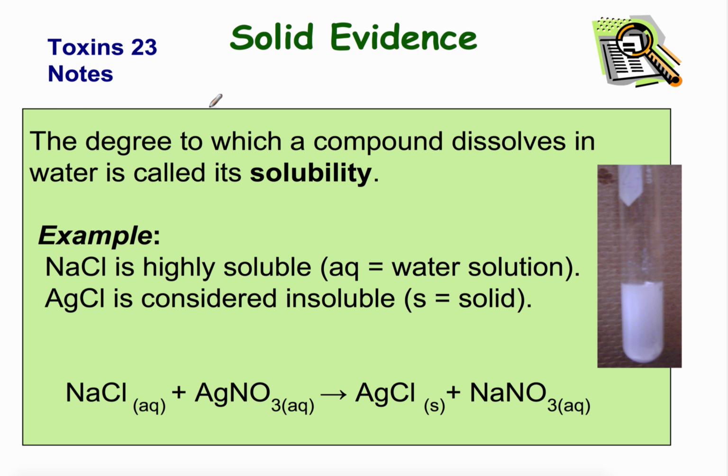All right, today we're talking about solid evidence, and this Chem Catalyst video is going to be talking about solubility and equation writing. So let's take a look at this equation between sodium chloride and silver nitrate. Both of these compounds are highly soluble. They're aqueous, which means that they dissolve in water. But when we react these two things together, we end up getting what's called a solid, which goes by the name of a